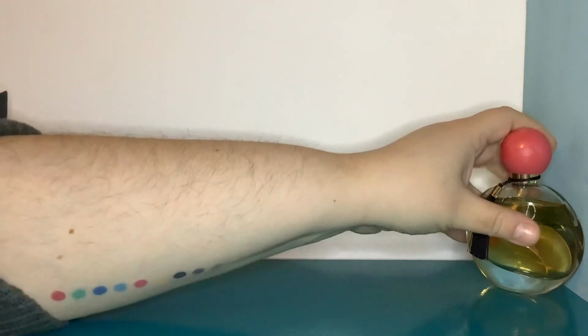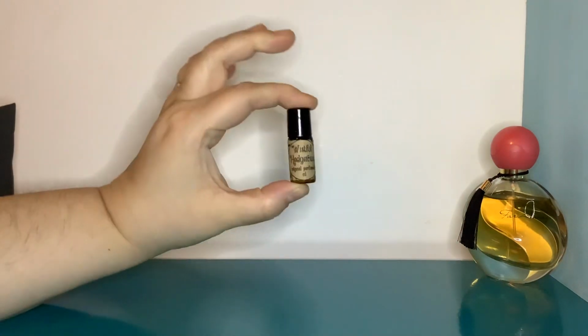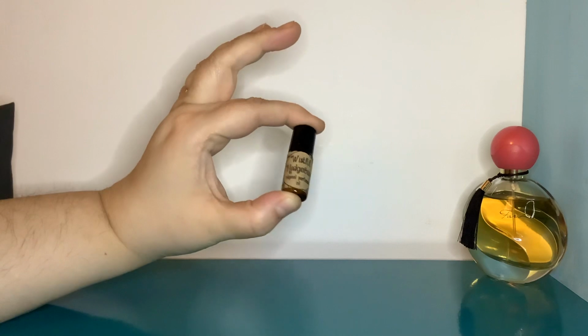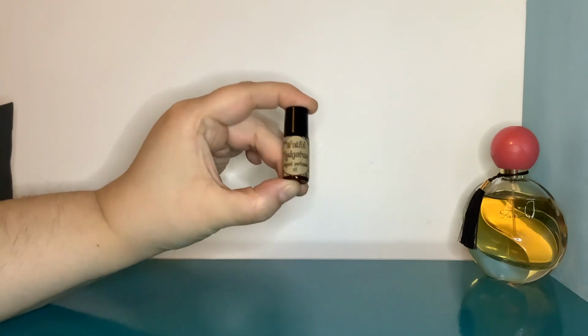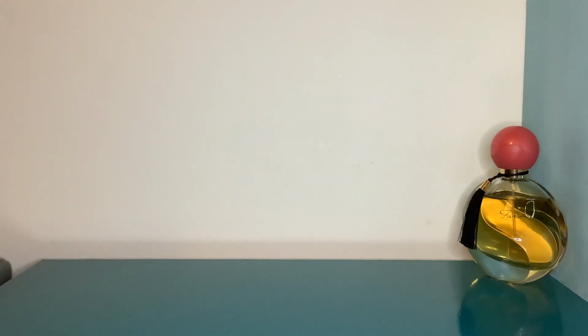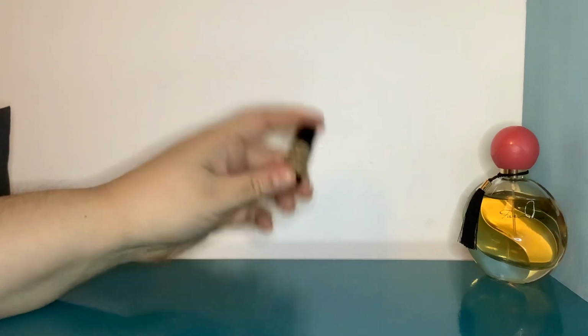Oh yeah, and then I think when I went to bed, I wore this little guy. This is Wistful Hedgerows. This is a perfume oil I got from Etsy by a lady whose shop is called Simon's Nest. And I quite like these oils, but I don't like the customer service, to be honest. I hate to say it, but I got sent